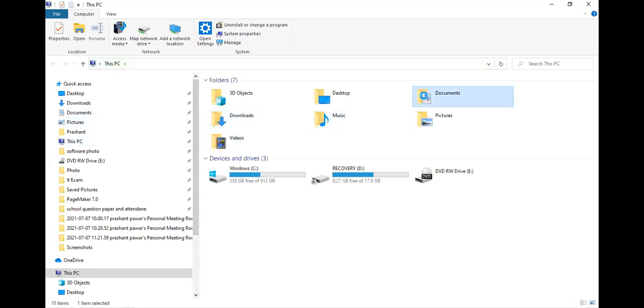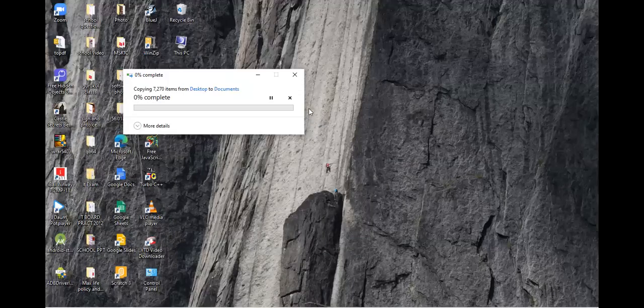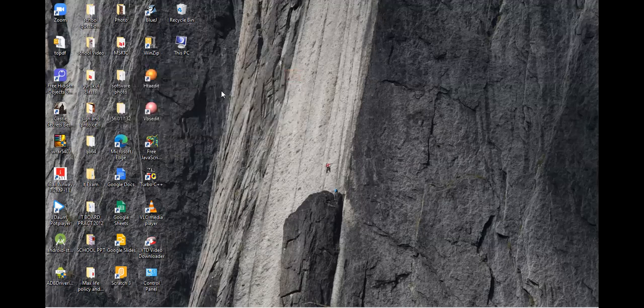We have to change it, check out in the documents. So what was our folder? It was a very large-sized folder, so it will take lots of time. We will change to a small folder, we will pass it.